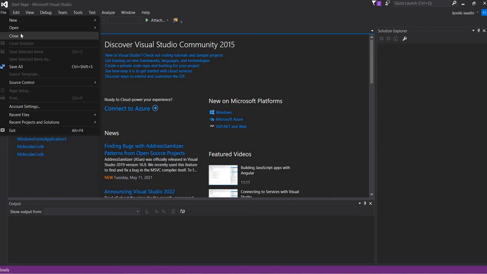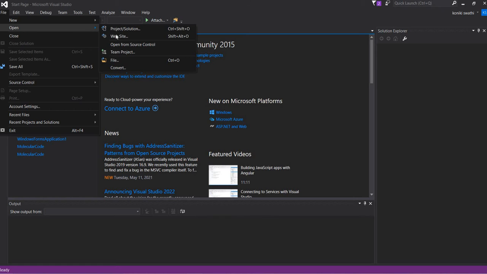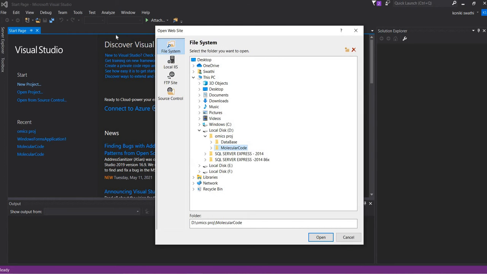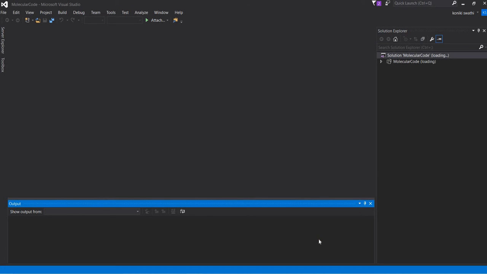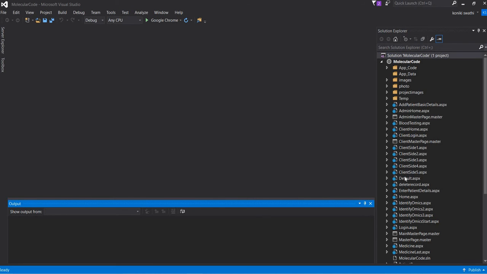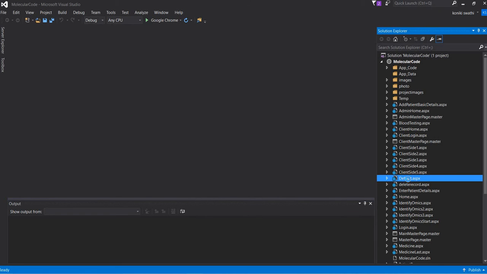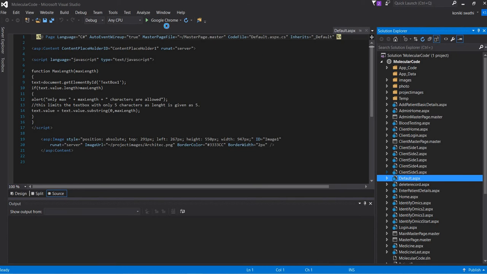Today I am explaining my project in detail, how it works and how it will give output. I am using Visual Studio for that. First I will show the default code and how it will run.